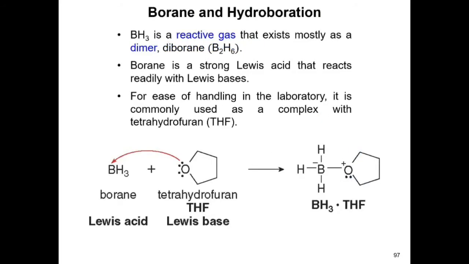So first, let's take a look at hydroboration, which is the first step in the conversion of an alkene into an alcohol. And this involves borane, a reactive gas that exists mostly as a dimer, diborane, with the chemical formula B2H6. Borane is a strong Lewis acid, and it reacts pretty easily with Lewis bases such as THF. And so in the lab, BH3 or borane is commonly used as a complex with